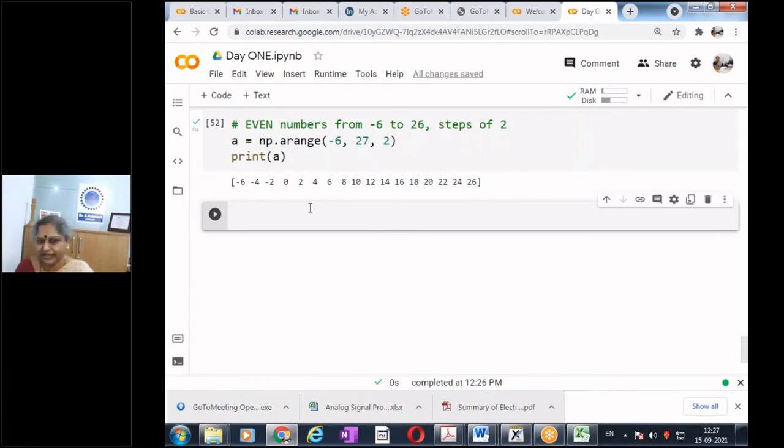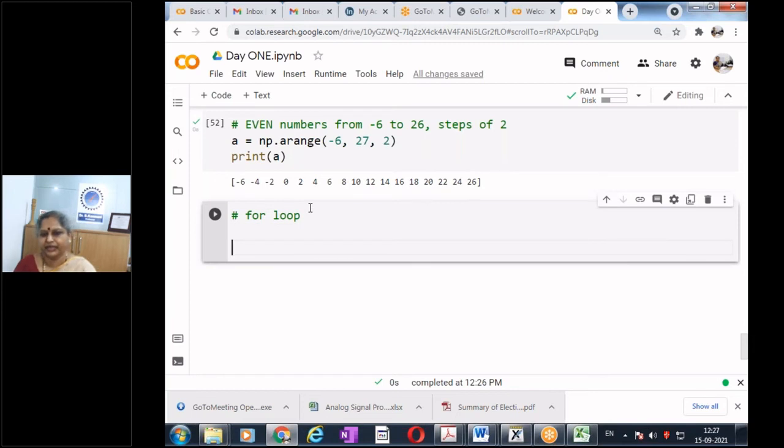Okay, next example that we will take is a simple for loop. Let us say for n in range 5.